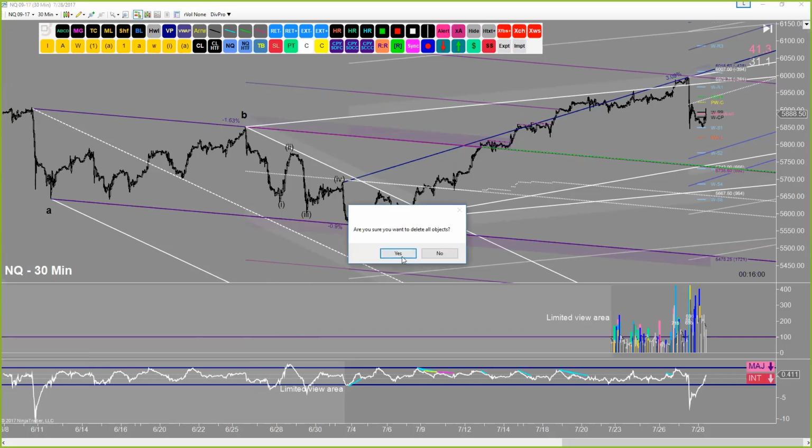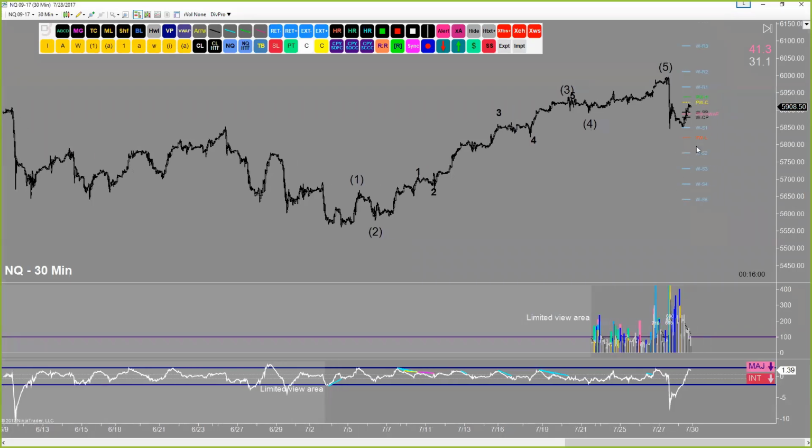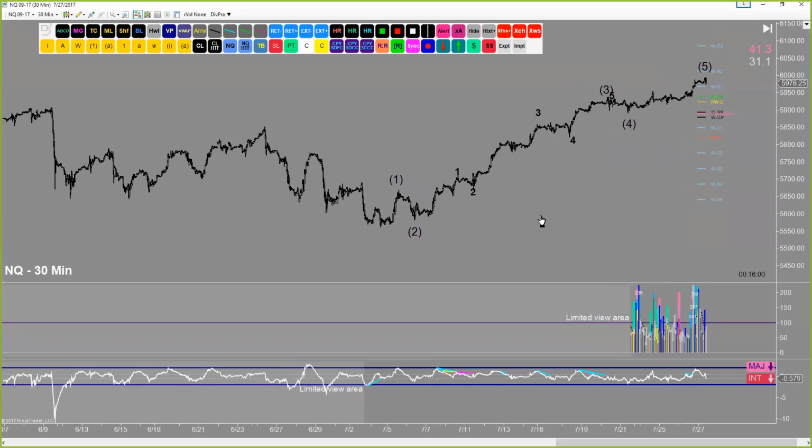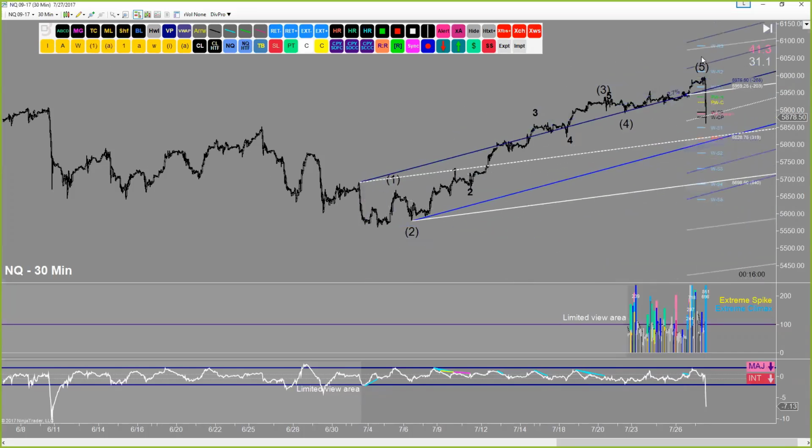For instance, let's say that I had to walk away, or I have a day job, or whatever. I know that the market has just made a perfect 5-wave move to the upside here. 3 is a perfect 5 itself. It's quite brilliant, really. And we've just had that initial big A wave down. So let's say we're just turning down, I've got to step away. Well, I want to be notified the minute we get to an area that I have predefined here by the